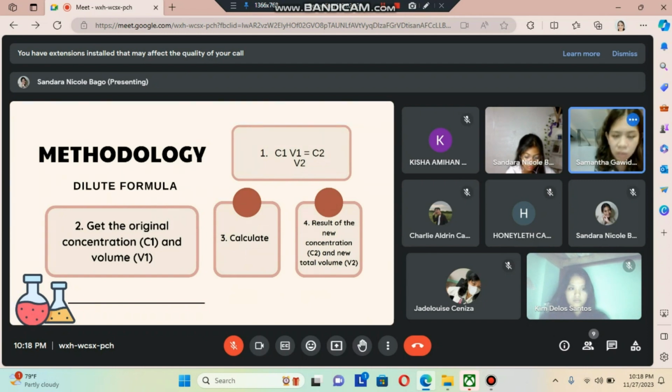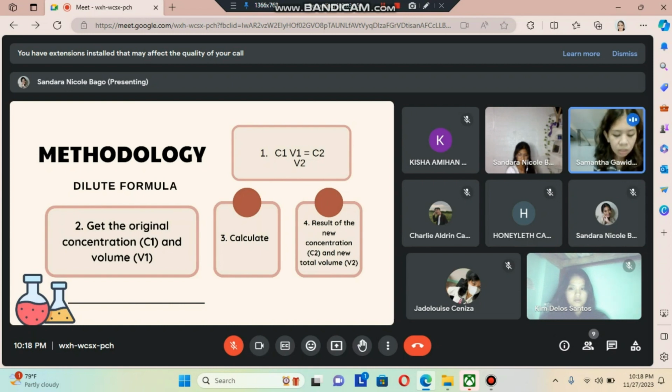So going back to the third step, the process of the calculation is we will substitute the given numbers according to the formula, which is the C1, V1, and the C2. Then, in order to find the total volume, which is the V2, we will multiply the C1 by the V1. After getting the result, we will then bring down the given C2 and V2, which is still unknown,